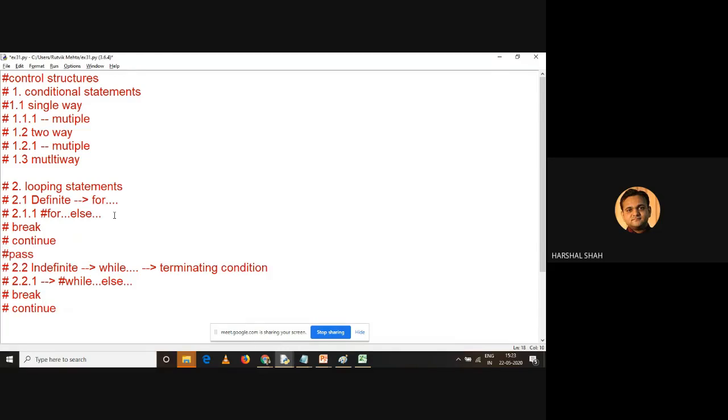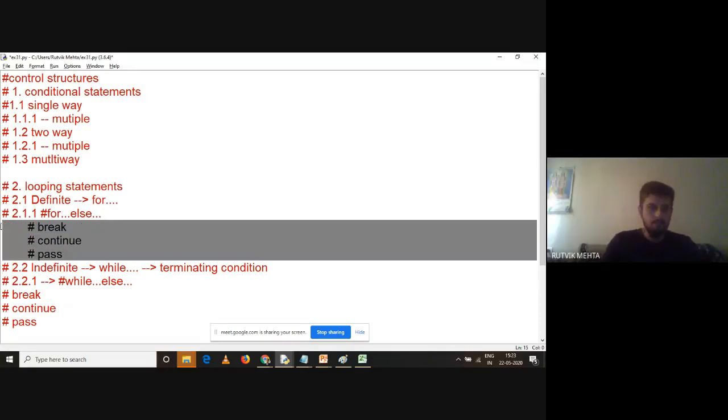So these three are what? Loop control. If you want to control the loop, these three operators which we have help us to control the loop. Okay, so we can label this as loop control statements. These three, break, continue, and pass, are loop control statements.